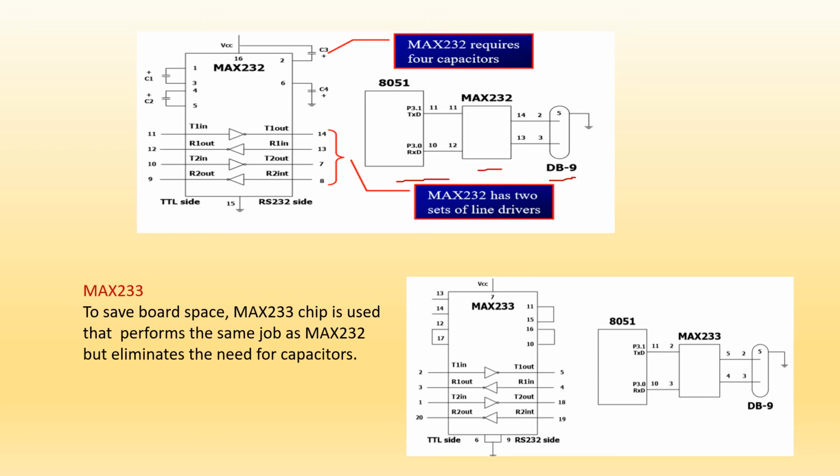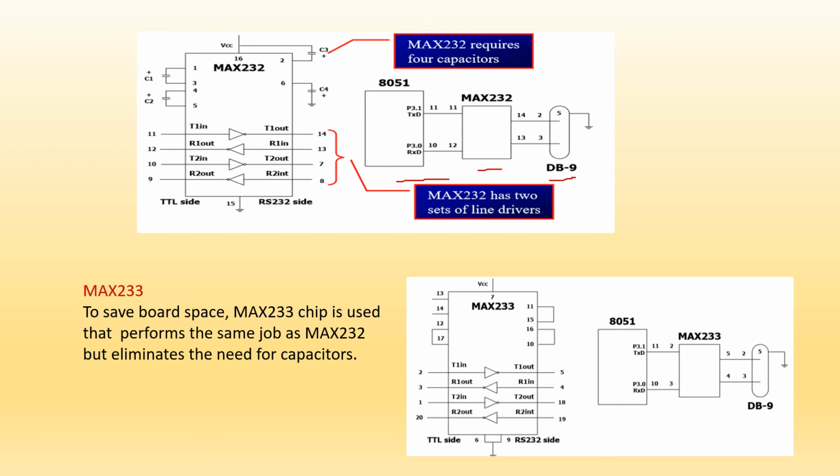Okay. So here, transmit data, the TXD line. In the TXD line, the transmit data line, port 3.1, the microcontroller is going to transmit the data. Since the microcontroller is going to transmit the data, this line is to be connected to the RS232 line. The RS232 and TTL voltages are not compatible, and hence the MAX232 is used to convert the TTL voltage levels to RS232 voltage levels.